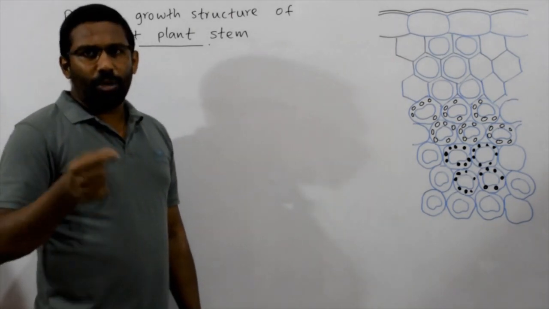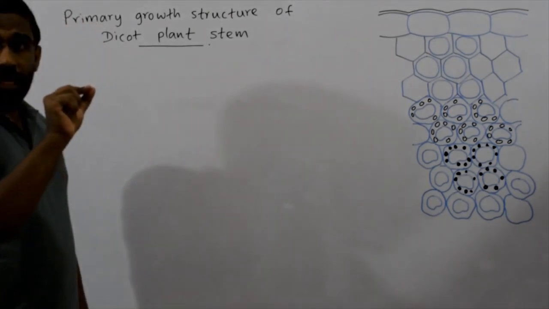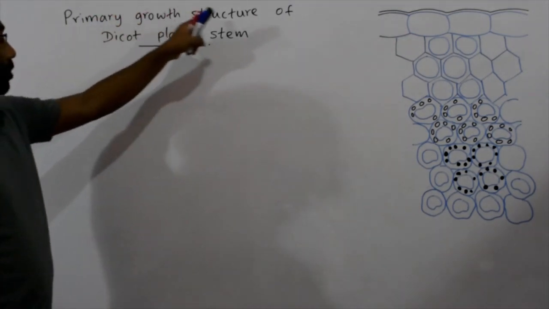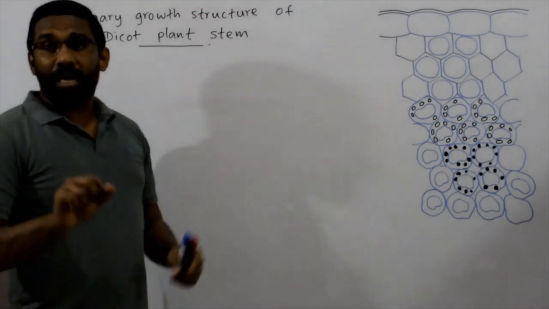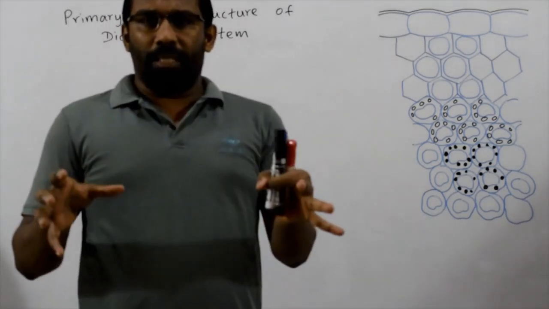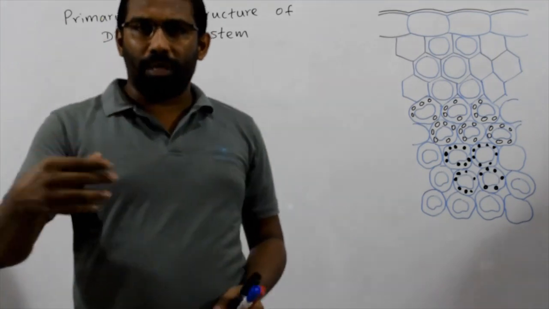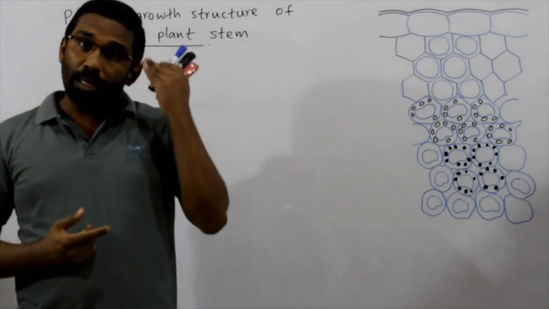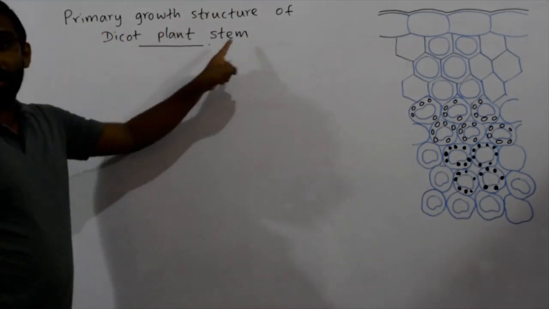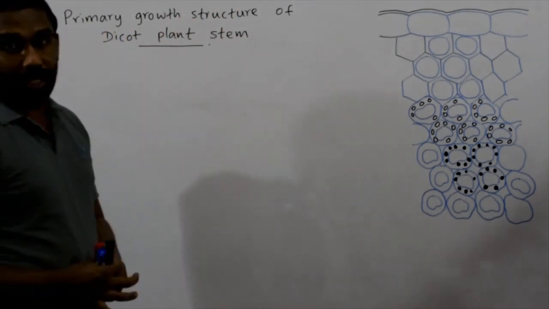As we discussed in root, here first we will discuss the tissue arrangement in permanent tissues. Here we will first discuss the primary growth structure of a dicot plant stem taken through permanent tissues. Then you can get an idea about respective locations, and you can easily understand the process of differentiation that happens at the shoot apex. Therefore, first we will discuss the primary growth structure of a dicot plant stem under the permanent tissue region.